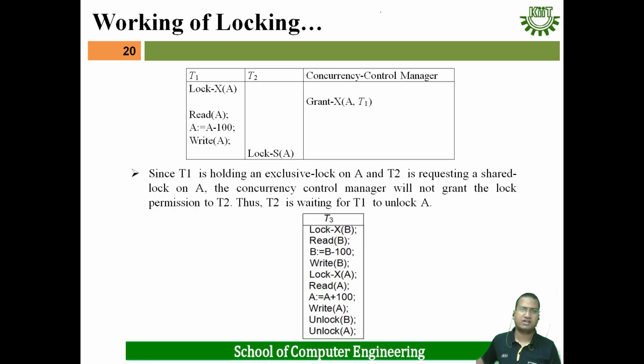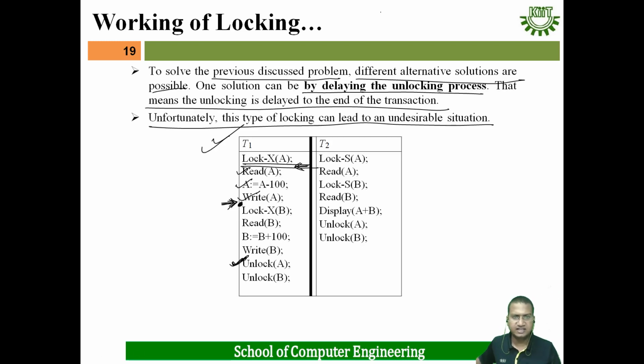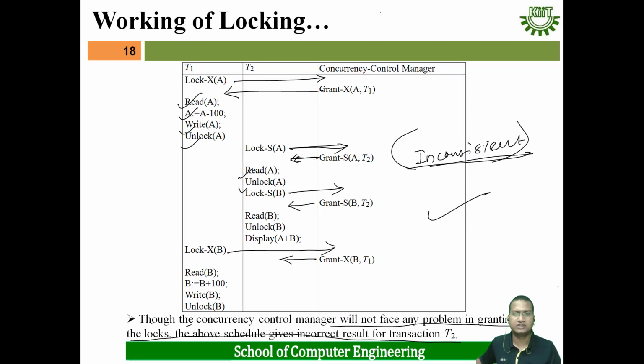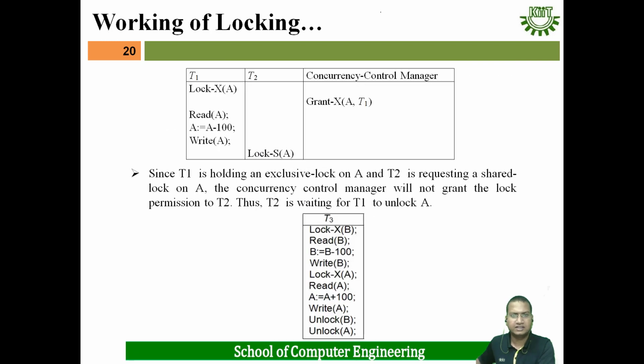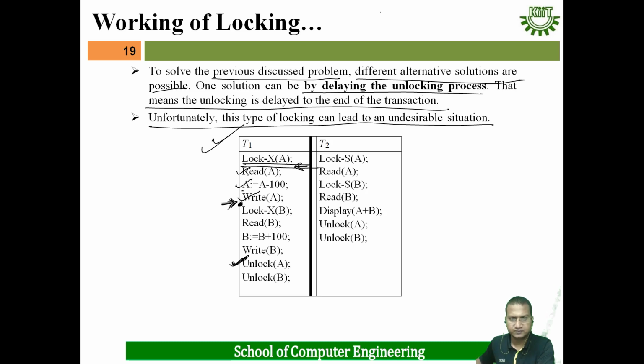Okay, suppose first we want to execute these three instructions: read A, A equals A minus 100, and write A. Then the T1 transaction will request an exclusive lock on A. It has requested the exclusive lock on A, the concurrency control manager grants that, and then it executes these three instructions. But here we will not unlock A, that way we delay. And when we delay, then the T2 transaction has to execute these instructions, read A